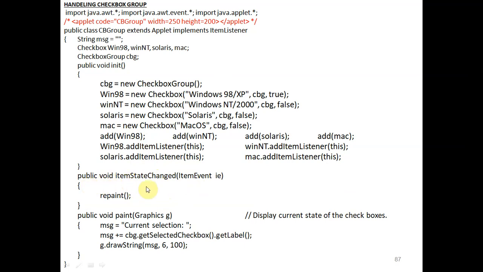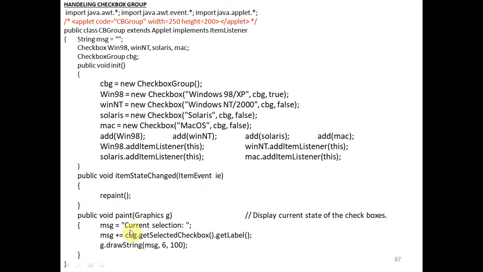So public void itemStateChanged, ItemEvent IE, will have a repaint function. Suppose we have clicked on Windows NT. This will activate the itemStateChanged function, and here the item event will be generated, and it will start the repaint function, and the repaint function will start the paint function, paint Graphics g.